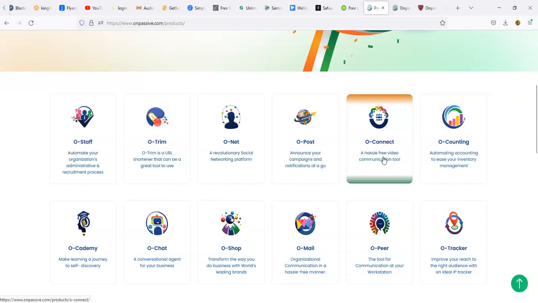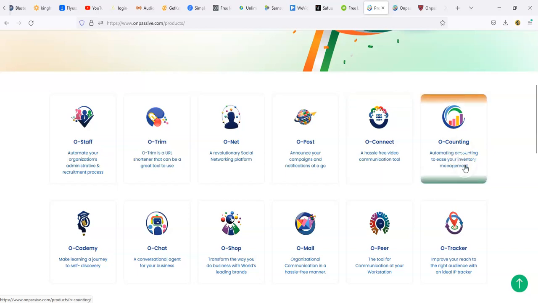Now, I'm not sure if that means it's going to be kind of like the tool I'm using right now to make this video, which is a video recorder, or it's another type of video communication tool, kind of like the one everyone was using after the pandemic. I forget the name of it. You guys probably know what I'm saying. It's a tool that everyone uses to communicate face to face, no matter where you are in the world. So it looks like they created one of those as well.